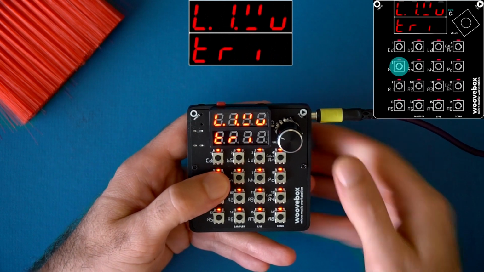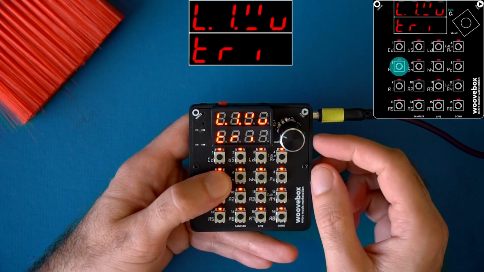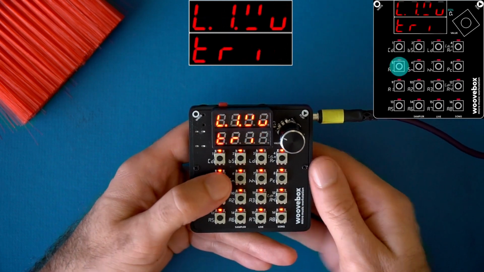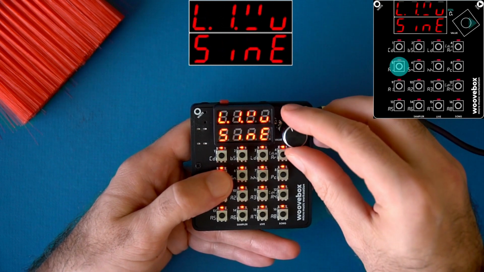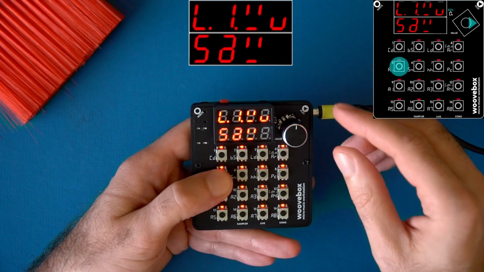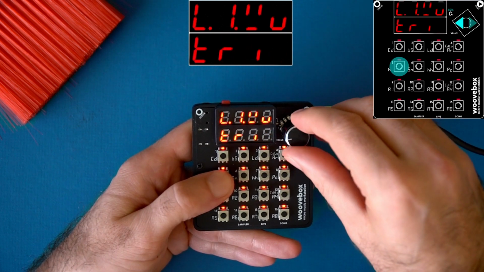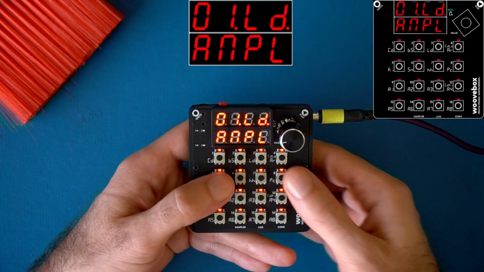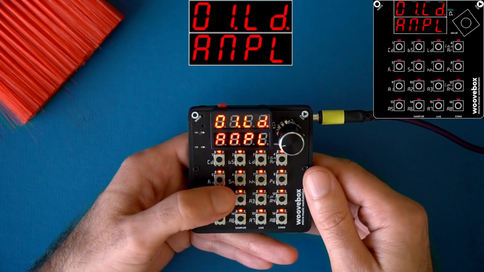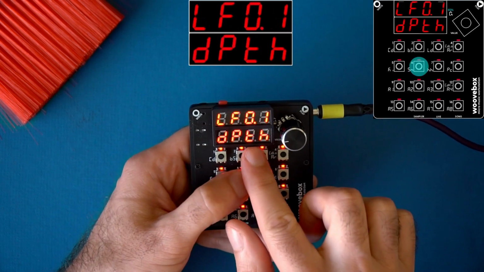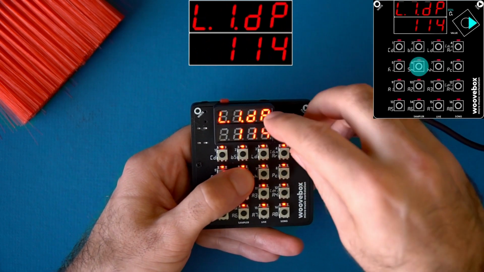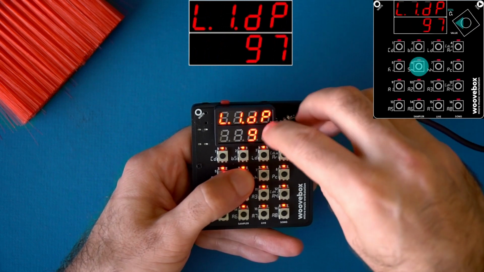The first setting is the LFO wave. Right now it's set to triangle, let's leave it at that, but you can change it. You can have noise, sine, triangle, a saw wave, or a square wave. Okay, we're going to go with a triangle. In order for you to be able to hear the LFO, we're going to have to turn on the depth. Right now the depth is set to 0, so let's turn that to, let's say,